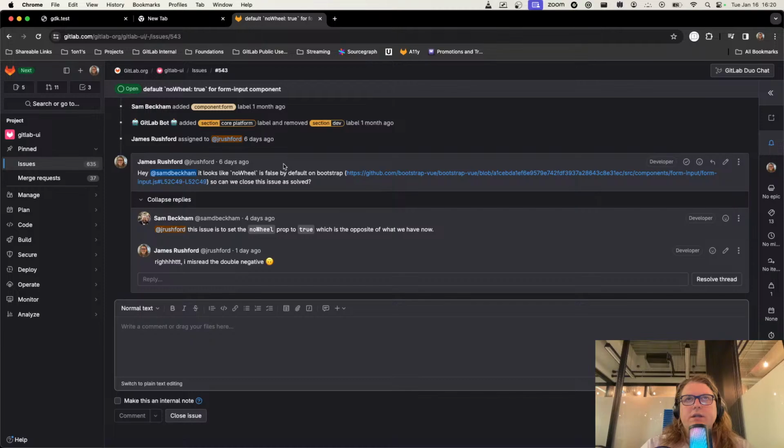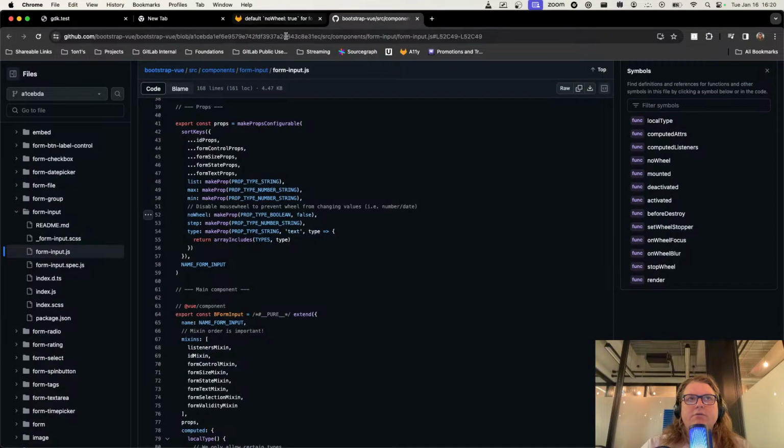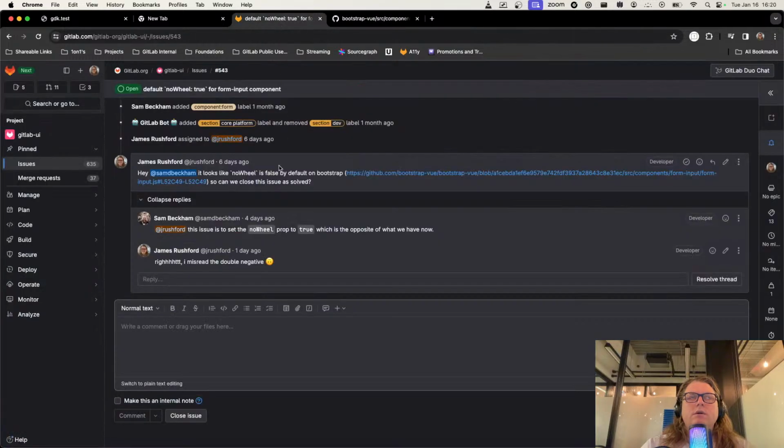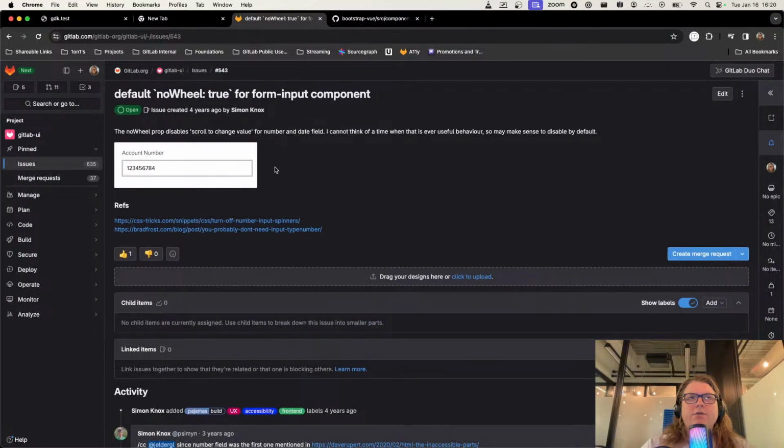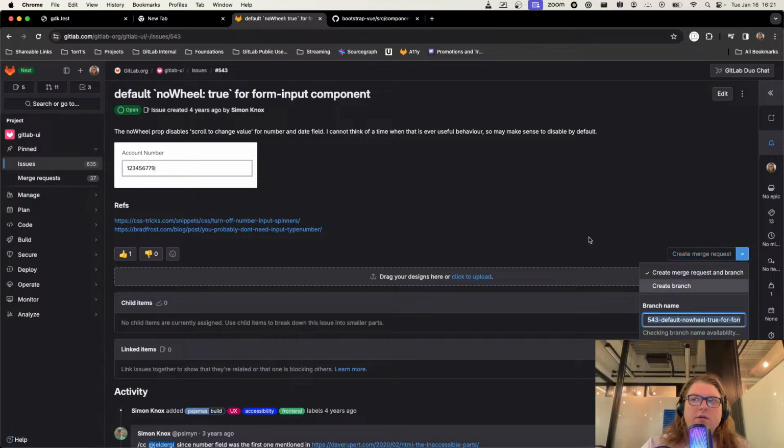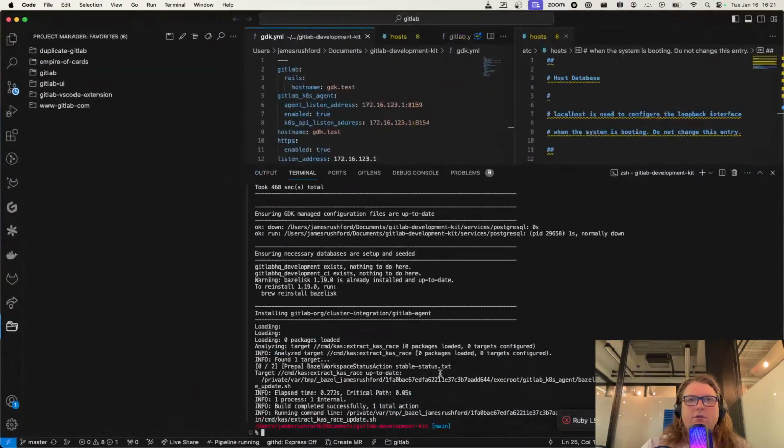I misread the double negative. All good. So what we're going to do is, no wheel is false by default. We want it to be true by default. This is a GitLab UI issue, so then we can do this on GitLab UI without having to wait for